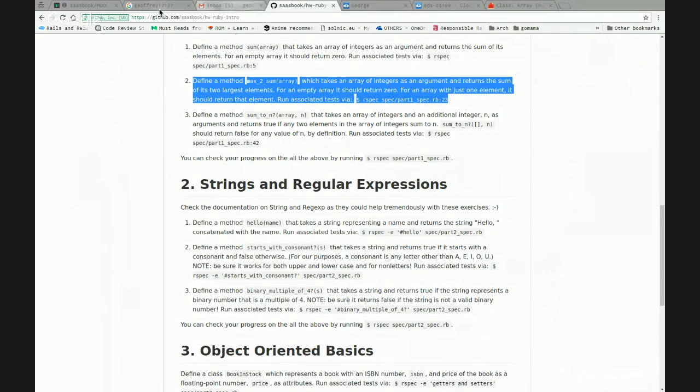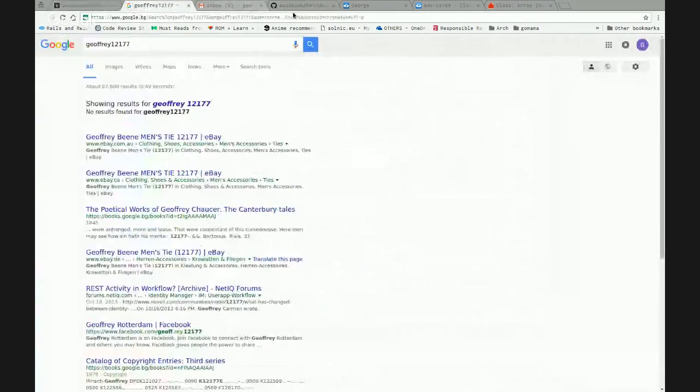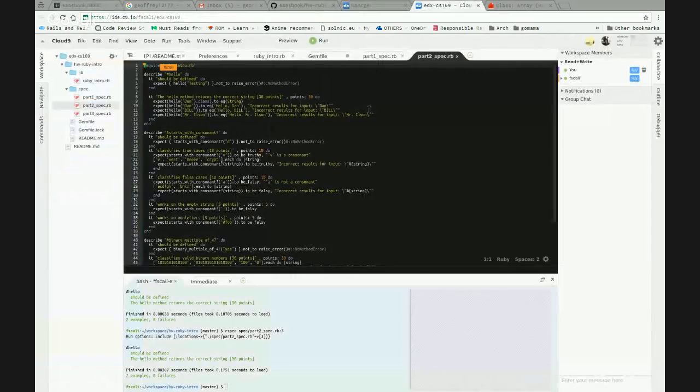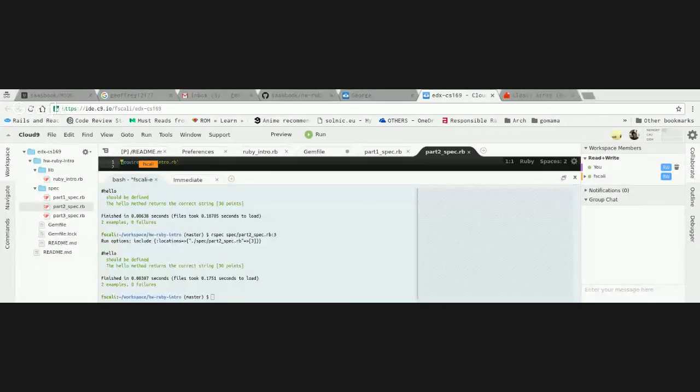Let's make it work for the empty string. So I can just let it return false. So it will work both for the empty string and for null letters.